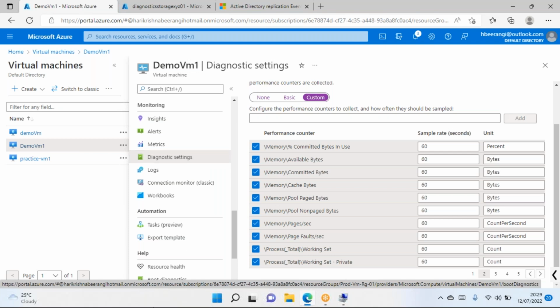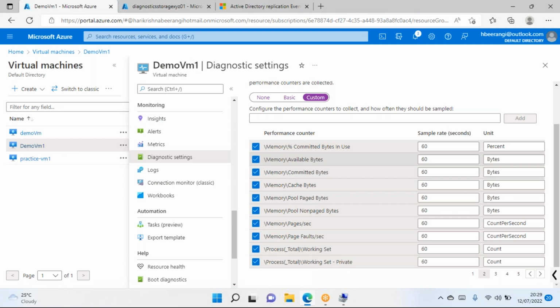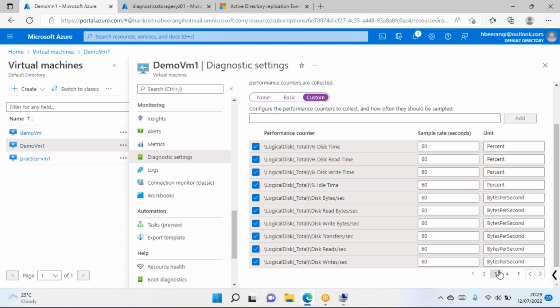Okay, so now, and again another memory. If you want to manage anything here, memory percentage, you can uncheck. Okay, I'm going with the default settings. Number 3,